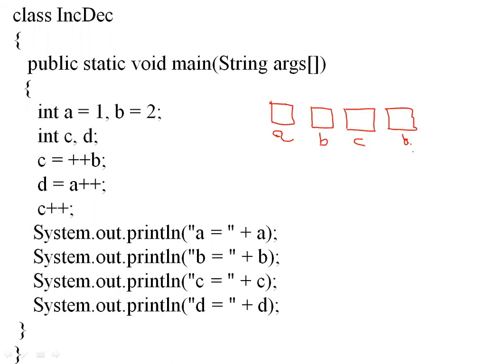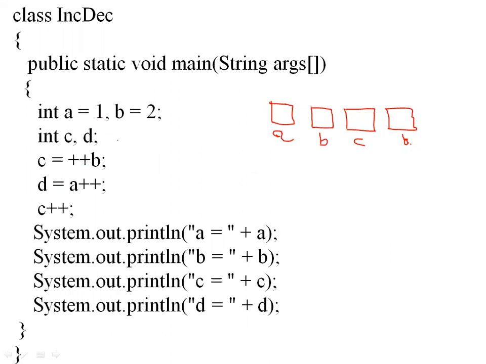Now you tell me what are the values of A, B, C, D. Be quick. No, you execute statement by statement, and finally you tell me after the first SOP what value is printed, and after the second SOP what value is printed. You need to execute from the first line onwards, line by line.